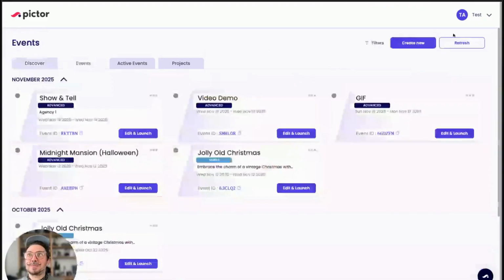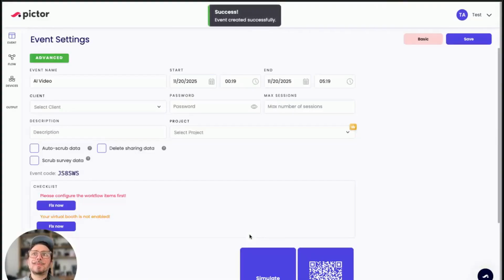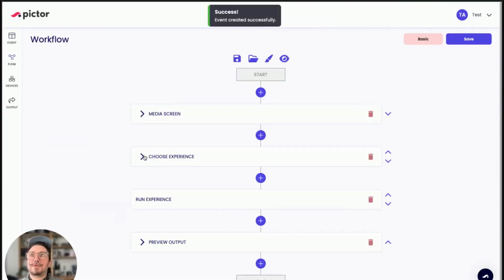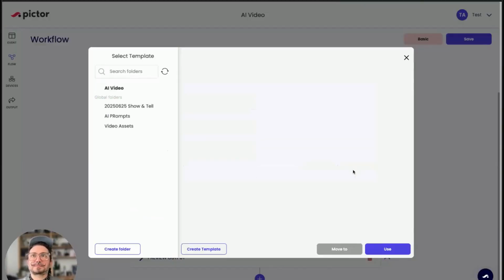For starters, let's go into events. Let's create a new event, which is called this AI video. When we were building this, it was important to us that any pre-existing AI prompt that you've made before or from our library still would work. So I'll show you how to do that with a pre-existing